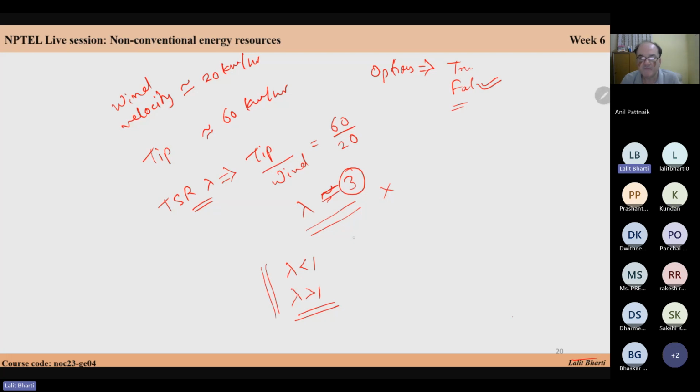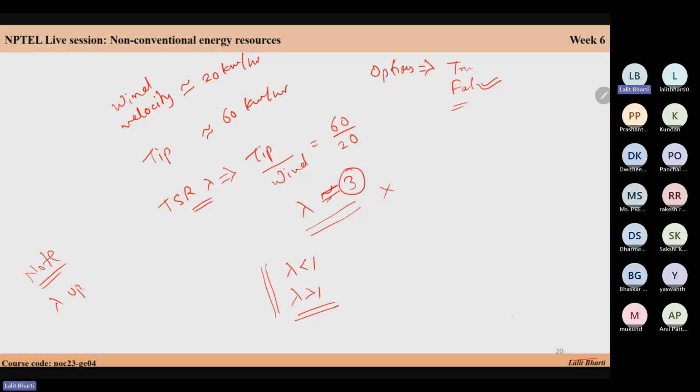Okay. So if that is the case, let's say I can just make a note. Your lambda can go up to 10. Yes, up to 10 for lift type. Lift type, or let's say it is somewhere around